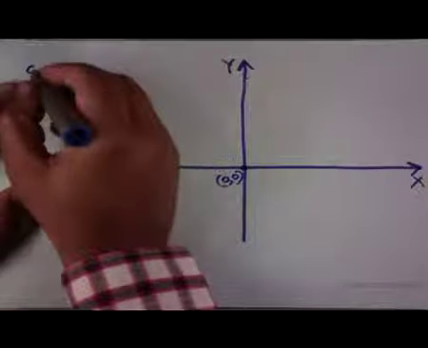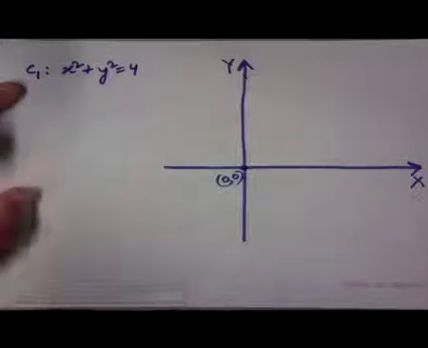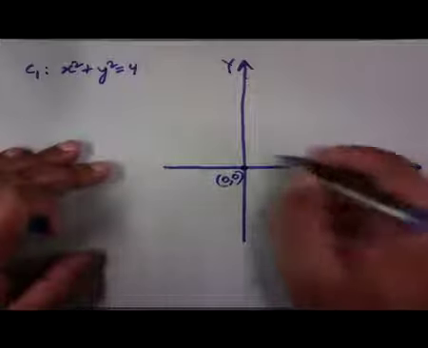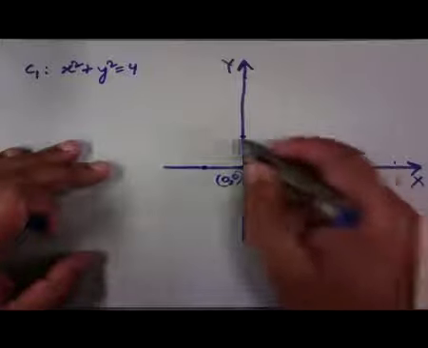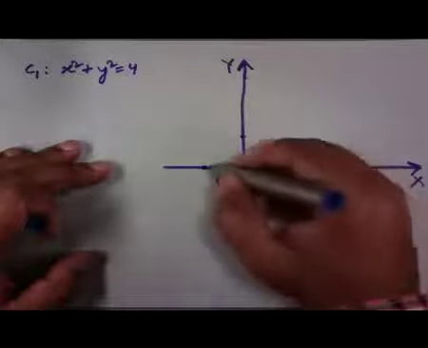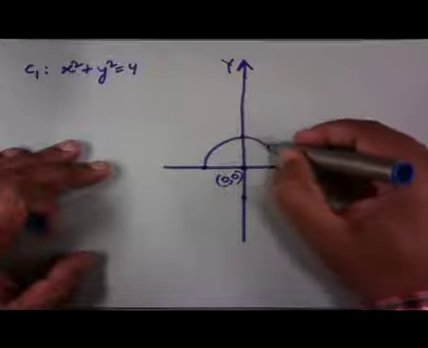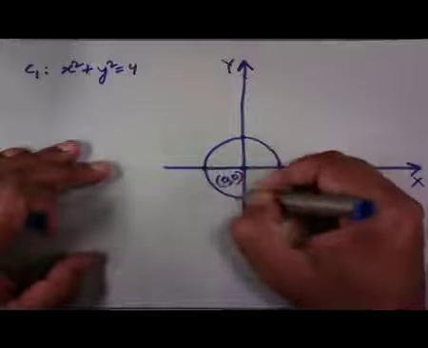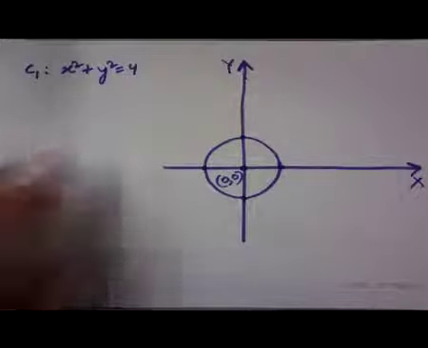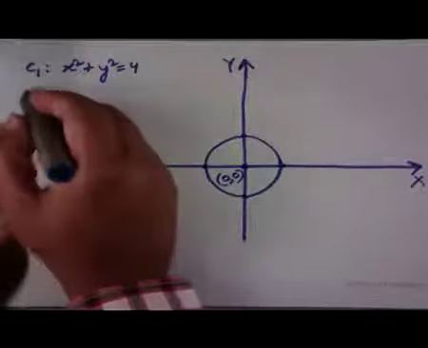So, the first circle C1 is going to pass through all these 4 points that I have shown, because it has a radius equal to 2. So, it will appear something like this. So, this is our circle C1, and the other circle C2